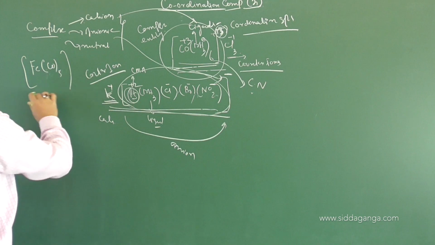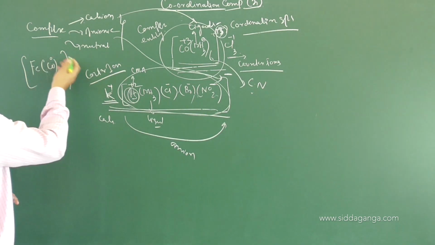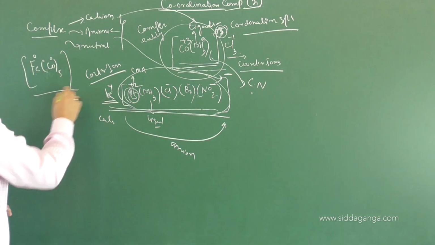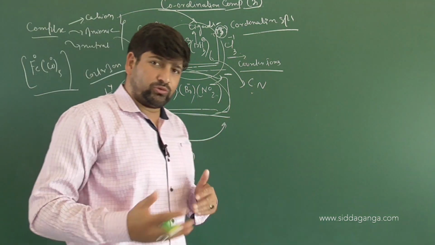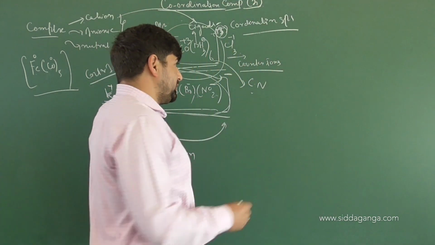Fe(CO)5. Now do we have any counter ion here? No. What is the charge of carbonyl? It is 0. Oxidation state of CO is 0. Iron will be in the 0 oxidation state in the present complex. So when we do the nomenclature, there only we will calculate the oxidation states of elements as well. So let us do some questions.